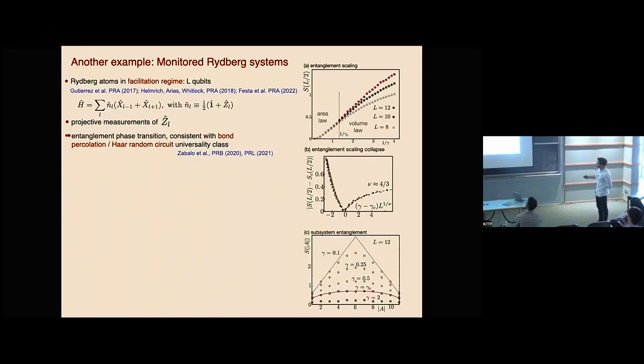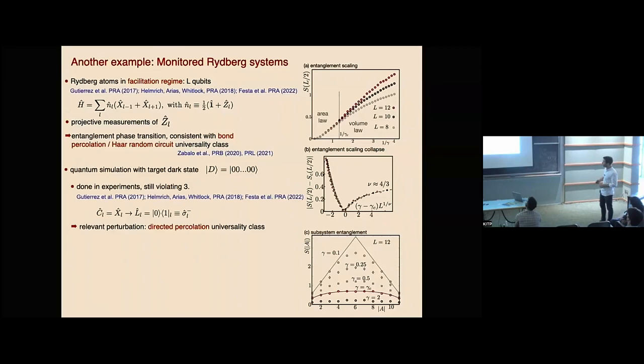And then we find, with small scale numerics, which has to be admitted, an entanglement phase transition, which is consistent with a volume to area law phase transition, and consistent also, so Michael had this discussion, with exponents of either bond percolation or random circuits. Okay. So finally, for this problem, in a sense, the quantum simulation has already been done. Namely, people from this crowd here, still violating, however, our criterion number 3 on the irrelevance of this correction, RG